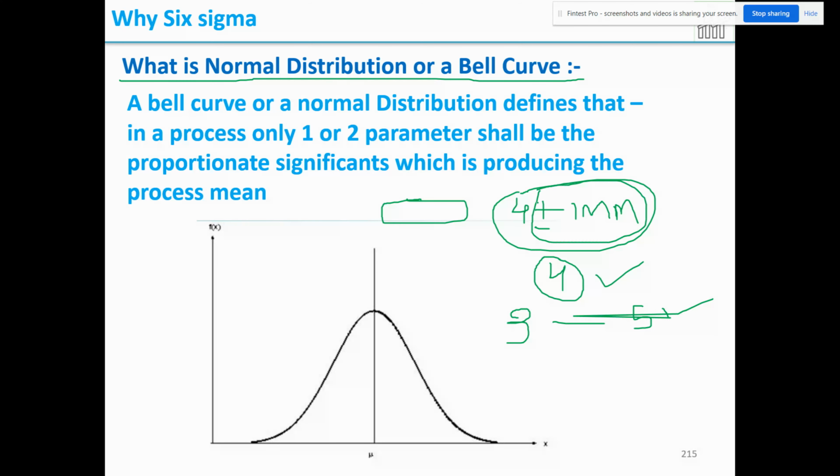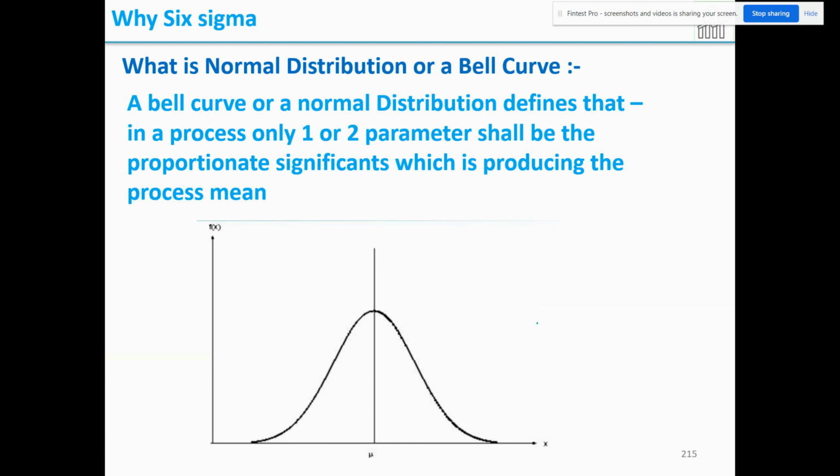That means for the above dimension, the spec will be 3 to 5 mm. Within 3 to 5 mm, whatever dimension you are producing, it will fit the assembly. But when you produce a nominal 4 mm, the assembly will be wonderful. It will perform very efficiently. So now, keeping this concept in mind,